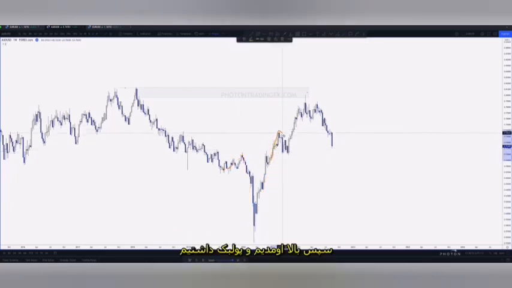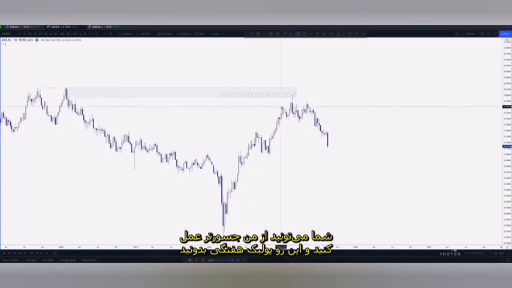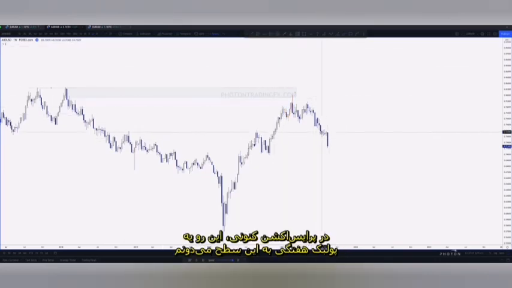Then we come up, we pull back here, and then I'm pretty much counting that as one weekly leg. Now you could be even a bit more aggressive than me, and you could count that as a weekly pullback and a break of the high, and that would be more than valid as well. But for me, it's a bit more of a daily pullback in that case. So with current price action, I'm essentially viewing that as a weekly pullback to this level,